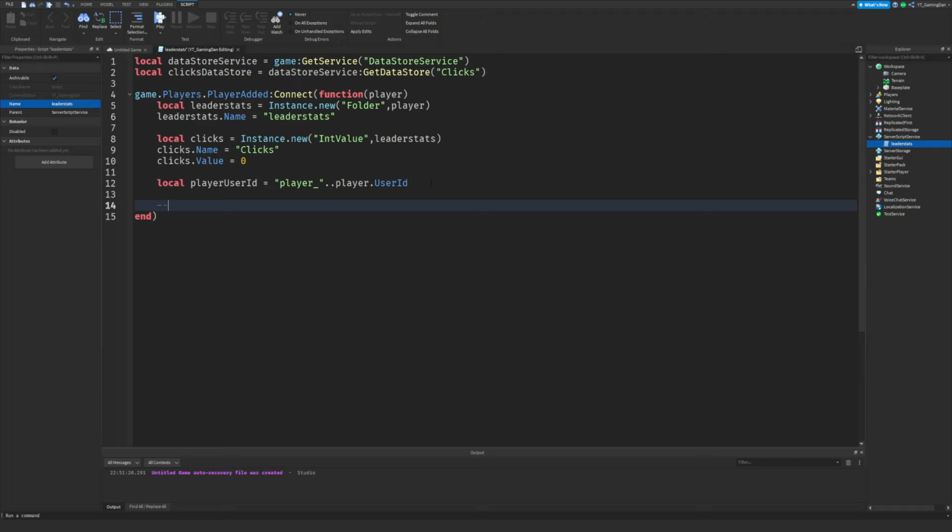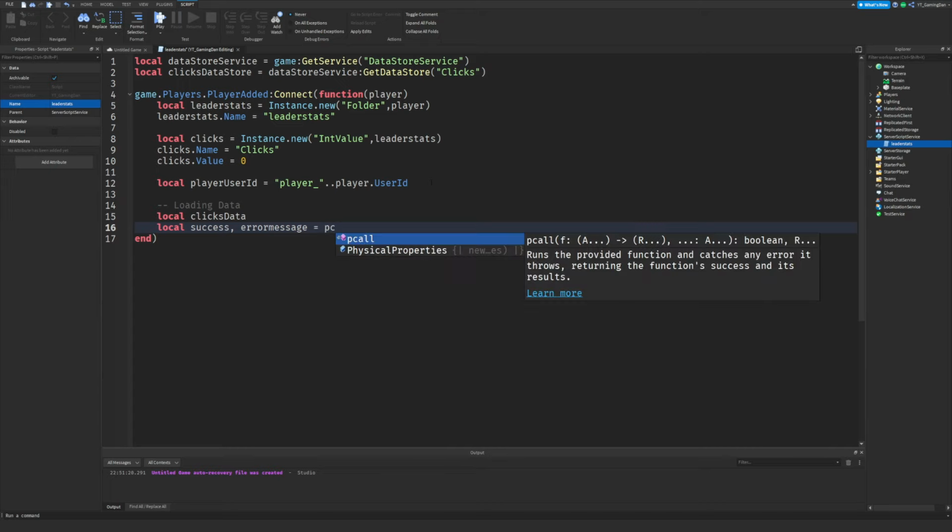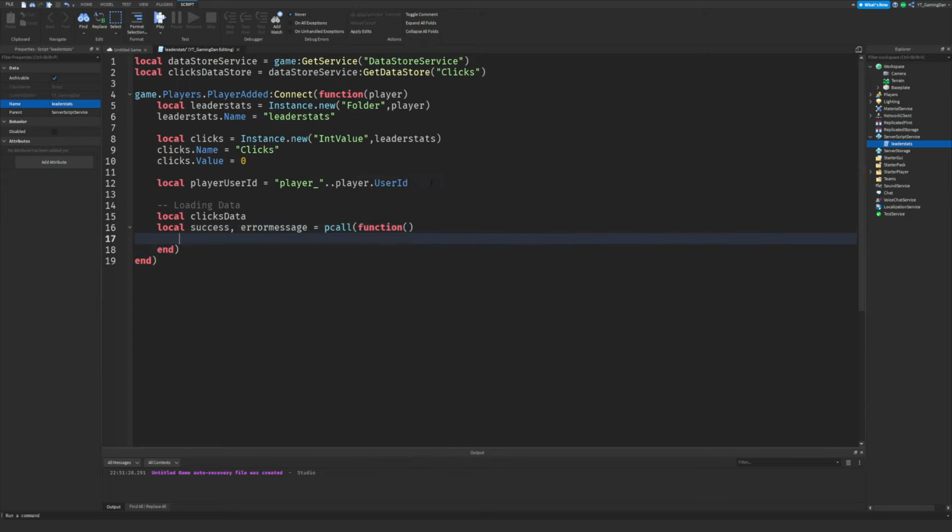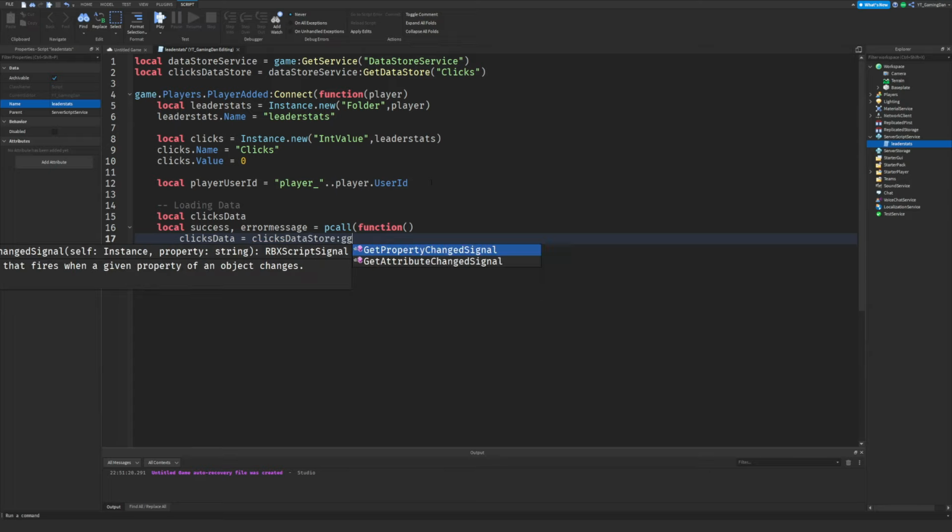So over here, we're actually going to be loading the data right now, guys. So I'm just going to put in over here "loading data right now." We're going to go ahead and do local clicks data, and then underneath we're going to do local success, comma, error message equals pcall function, just like here, guys. Okay, so we've got that in right now. Let's go ahead and do clicks data equals clicks data store, the get async,